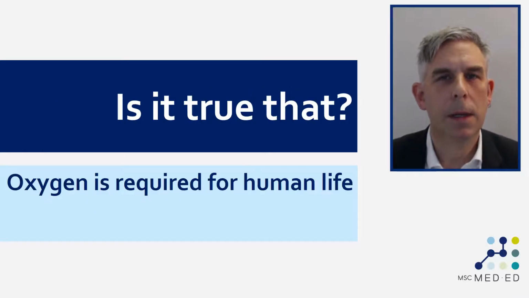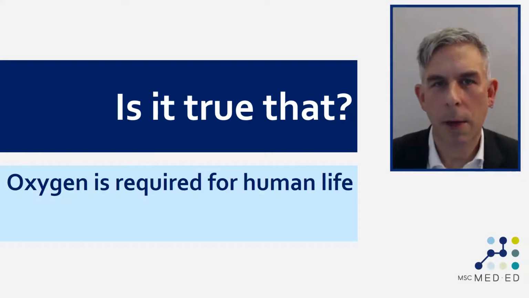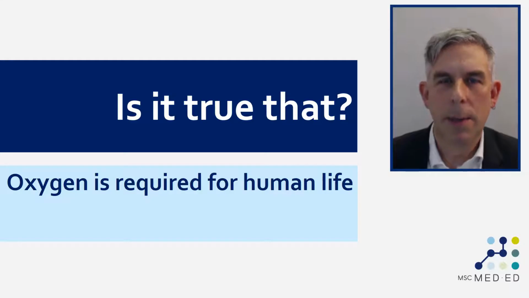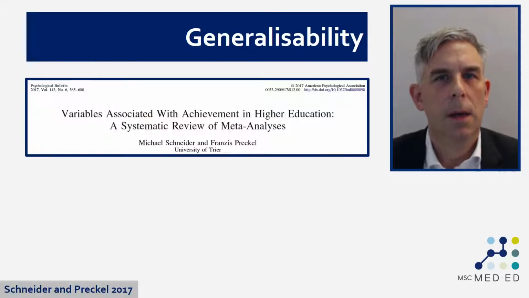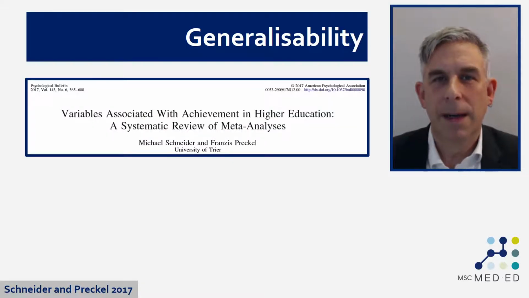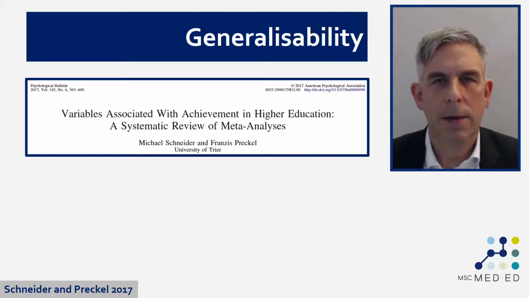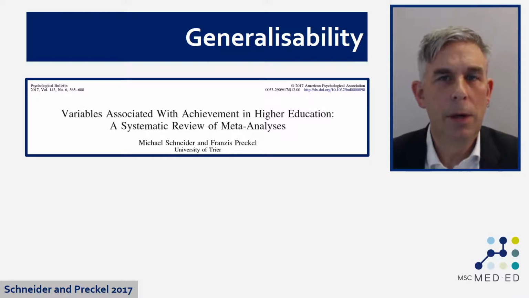Take the following statement. Oxygen is required for human life. Is it something that you would consider to be true? Most of us would, because it is an observable fact that can be empirically proved. There are lots of facts like this in the physical and life sciences. We hope to try and generate facts like this from studies involving meta-analyses and education research. And we do have some generalizable findings as we discussed elsewhere.